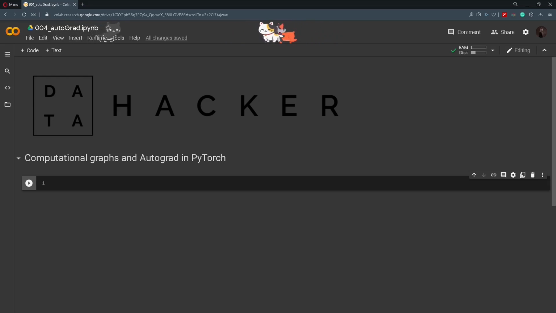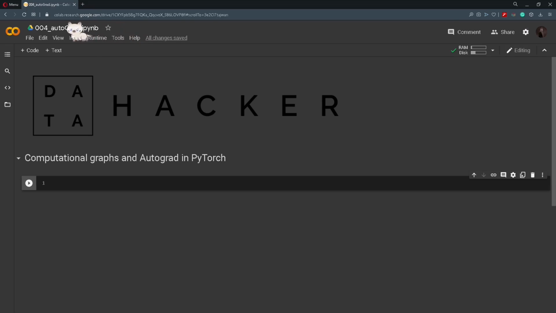Hi and welcome back. Previously we have talked about linear regression and how you can implement it in PyTorch. In this tutorial we are going to talk about computational graphs and the autograd system in PyTorch. Why do we need this? In deep learning related applications we have to calculate gradients in order to optimize our parameters. And for that purpose we have computational graphs, and the autograd system is designed particularly for calculating